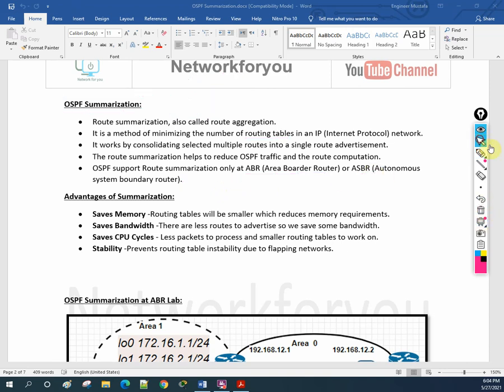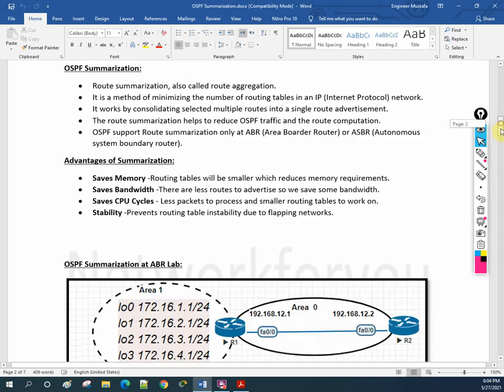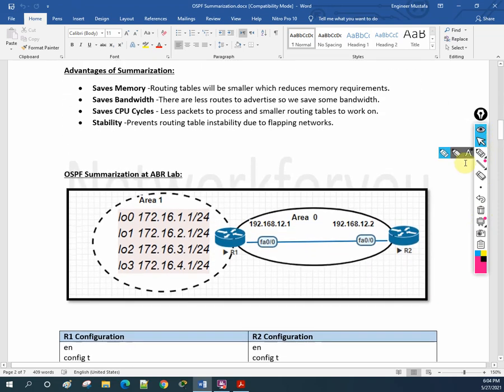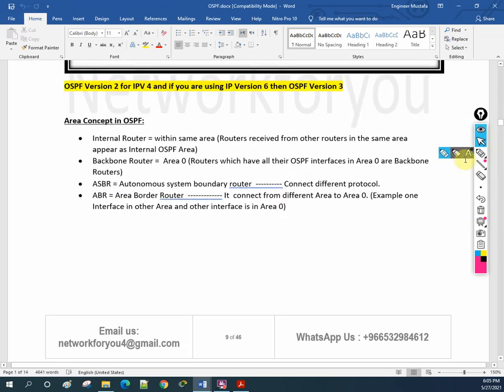Or let me show you here what an area border router is. If you see these slides, we discussed this before. I hope you remember, but if you do not, let me show you. ABR and ASBR, what is the difference between them? First of all, you need to know the full forms. ASBR is the autonomous system boundary router, and it is used to connect different protocols.